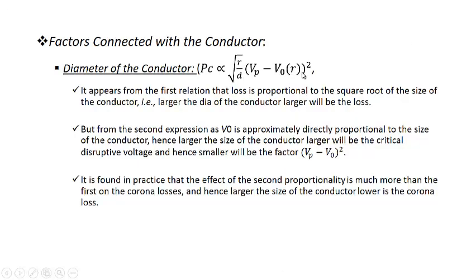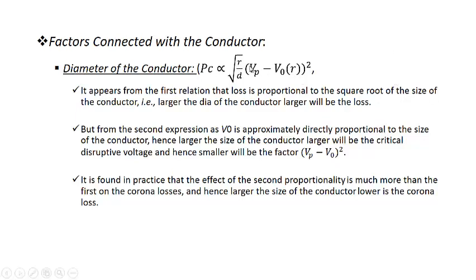It is now a function of R, because we are talking about R. From this, it seems that as the radius increases, coronal loss will increase as the square root of the radius of the conductor. But as the radius increases, the critical disruptive voltage increases directly with the radius of the conductor. So the effect of increasing the coronal loss by the square root of the radius is actually nullified or decreased,